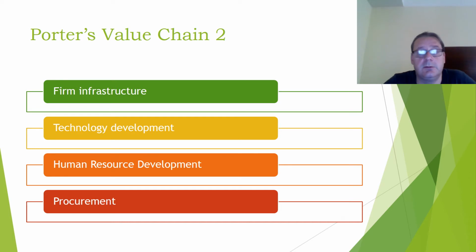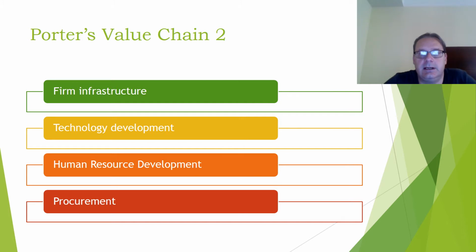I hope that you're all clear on what it means, firm infrastructure. It means the structure of the firm, not that the structure should be firm. So it's the infrastructure, God, that's a hard word to say, infrastructure of the company itself. Maybe I should change that to company. But that's what it means. And that means, therefore, is the company this kind of flat level where people get to make lots of decisions, or is it a very heavy sort of United Nations style bureaucracy, and so on and so forth. So how is the firm actually set up? Is it very centralized, or is it decentralized, and so on? So that's this idea of the firm's infrastructure.